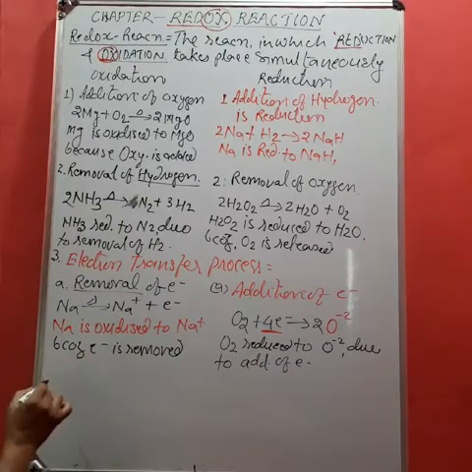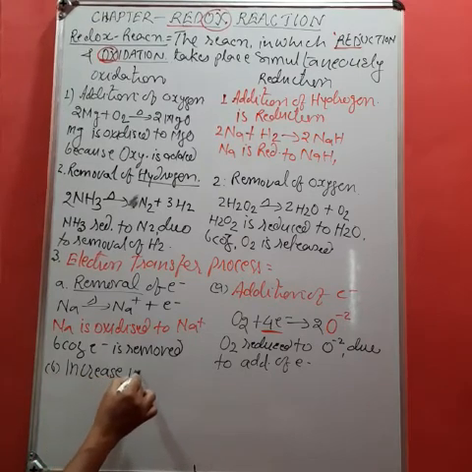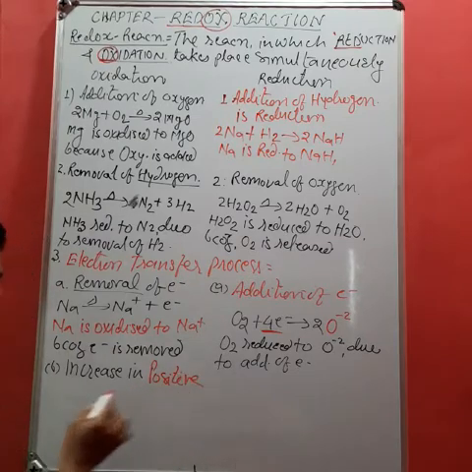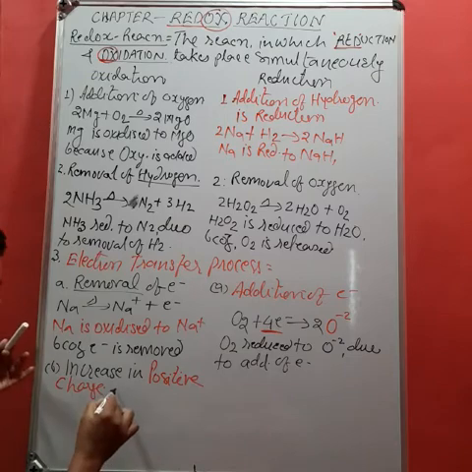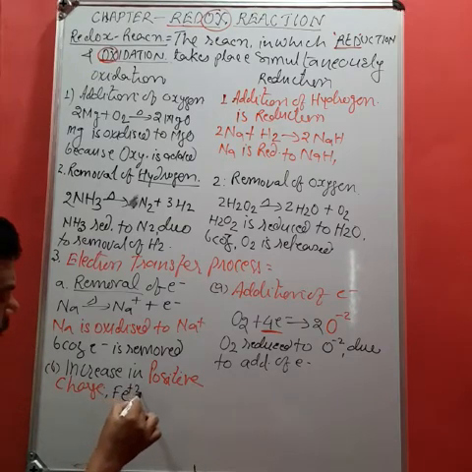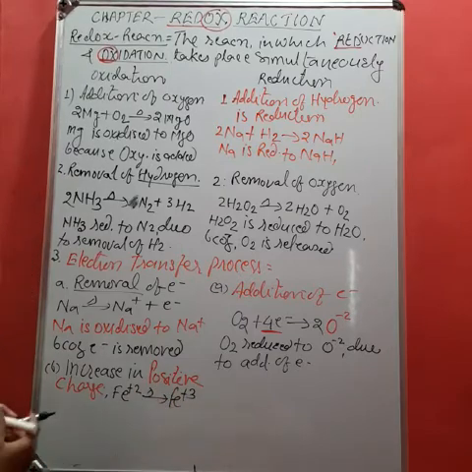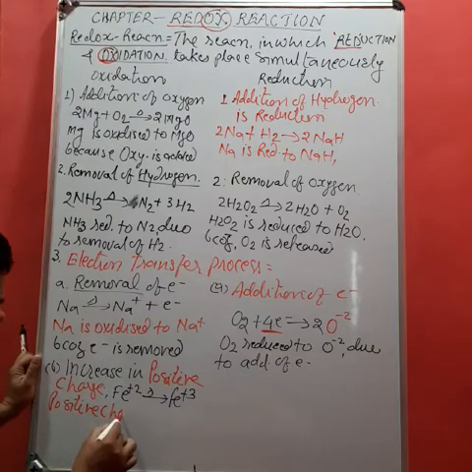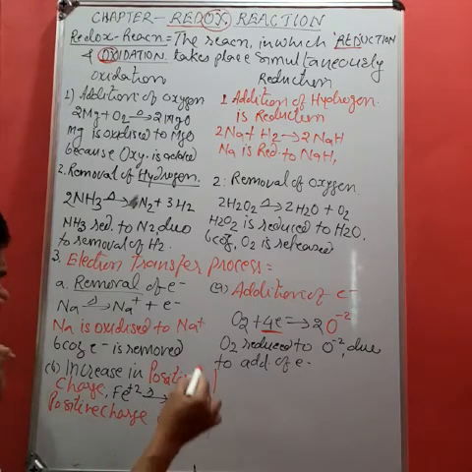Getting? Again, we can say here, increase in positive charge is known as oxidation. Now, how can we say here? Suppose there is Fe2+. So when it is heated strongly, it converts into Fe3+. Isn't it? So positive charge on Fe increases. So it is known as